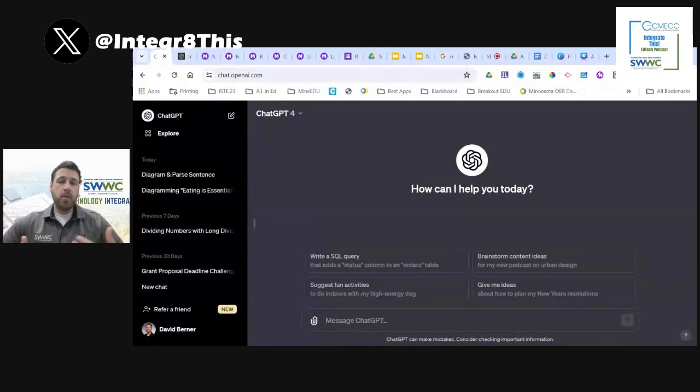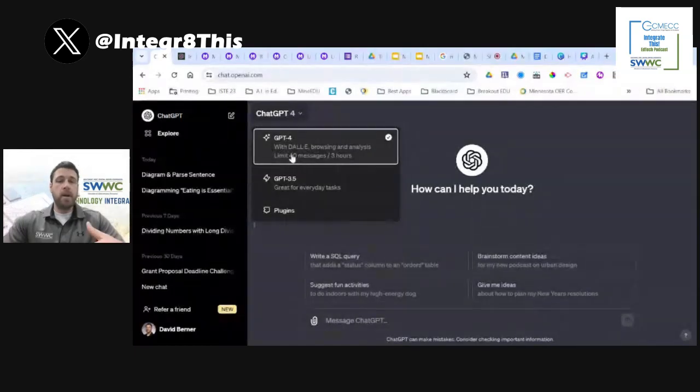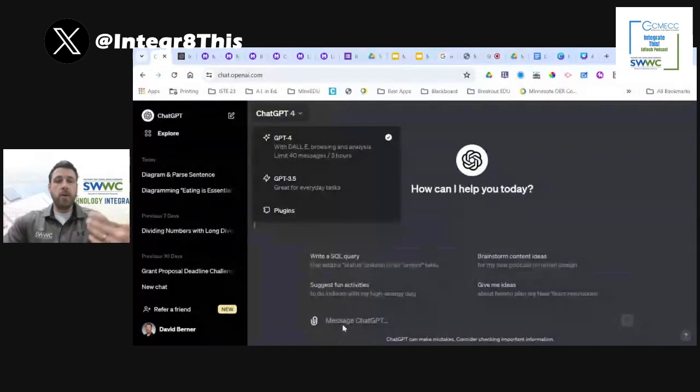One of the other things that you can do with it is, because it's OpenAI and because they own ChatGPT, and then also they have Dall-E 3 integrated into that, which you can see here. There, with the two versions, the 3.5, which a lot of people are on, it's the free version. ChatGPT 4 has Dall-E built into it, and so this is where you can generate those